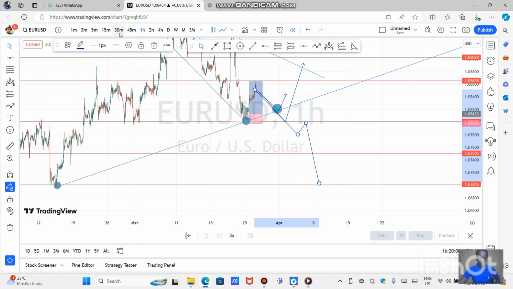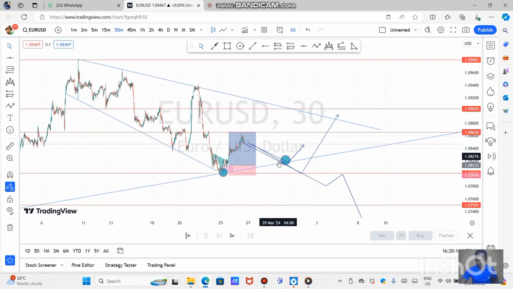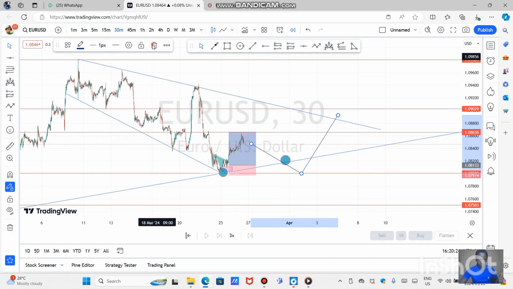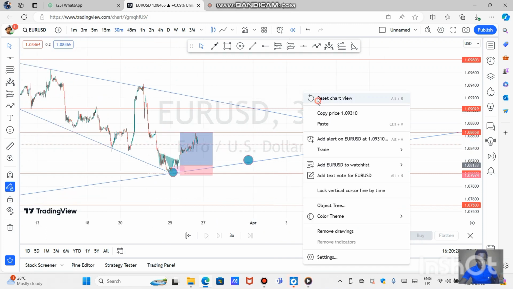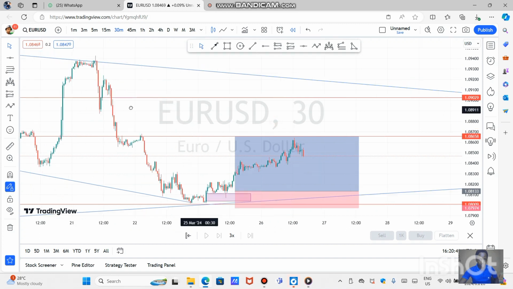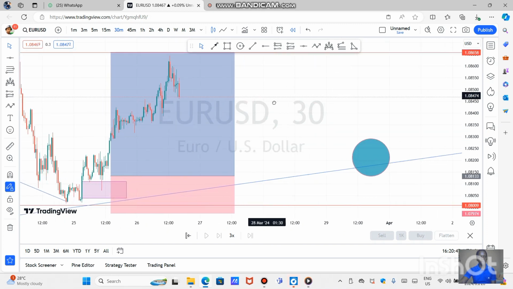Let us now dive deeper into the remaining time frames. I want to check some other stuff. I can go to the 30-minute time frame and see very well. Let me remove this thing. And remember, we need to make our charts clean. We need to make our charts beautiful at all times. Let me remove this as well. Why am I removing this? Because you already know that the market might turn here. But I cannot remove my sensitivity areas, my zones, because even when I'm analyzing on a smaller